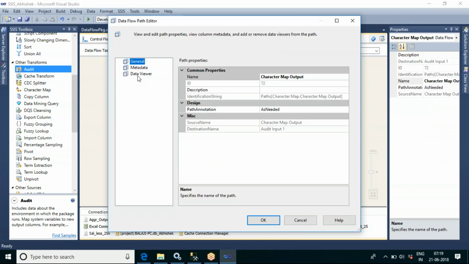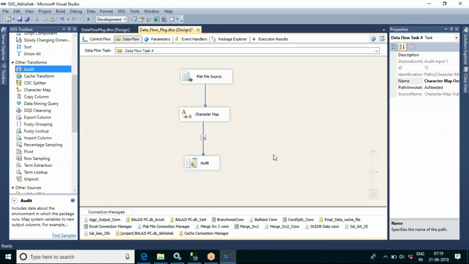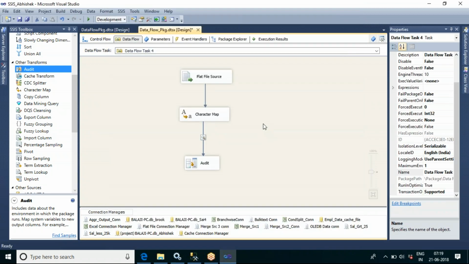I just want to view the output. So what we are doing is converting the city into uppercase, and designation into traditional Chinese. Let me go and execute this task.